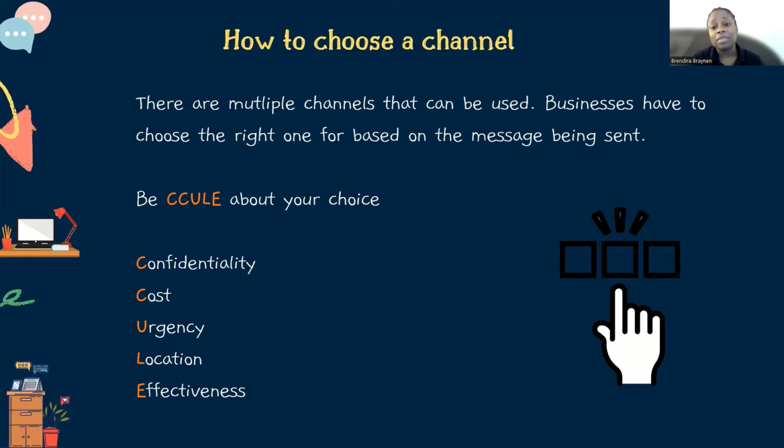Whereas if it's somebody within the office, well, it doesn't make any sense to have a video call. Maybe you need to call them and ask them to come and see you, and you see them face to face. That affects the channel that you use. And of course, effectiveness. If something doesn't make sense, it doesn't make sense to do it.